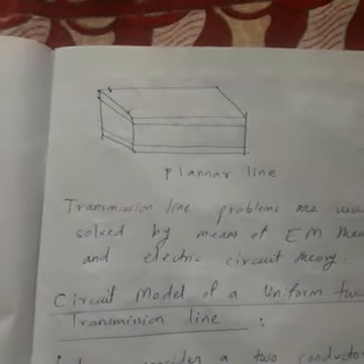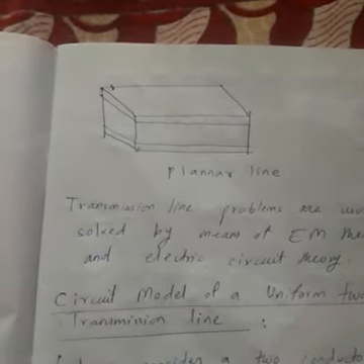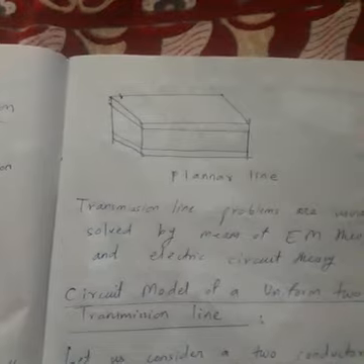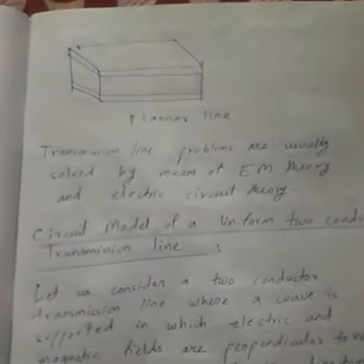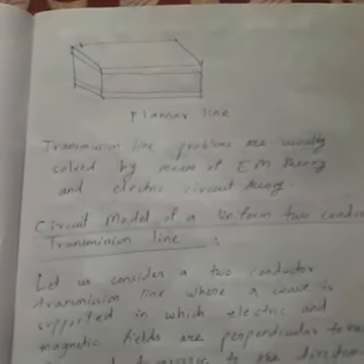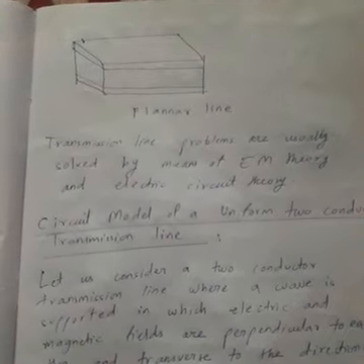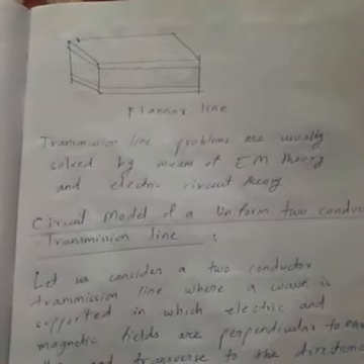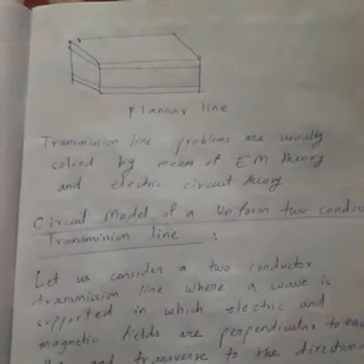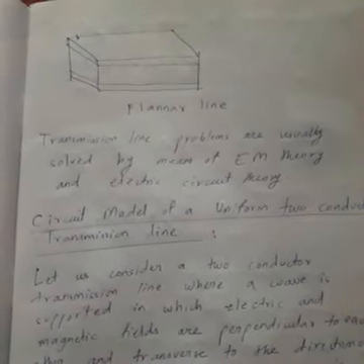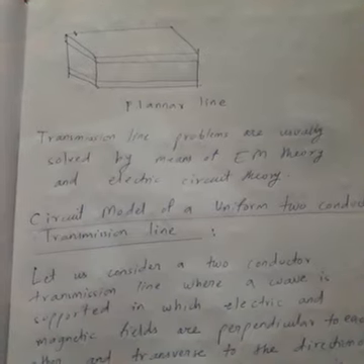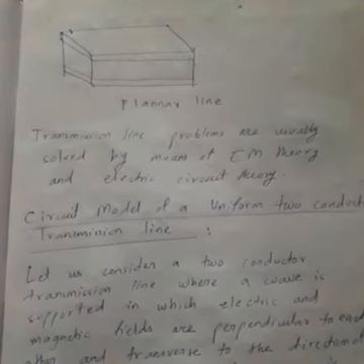So: coaxial cable, two-wire line, parallel plate or planar line. Transmission line problems are what we carry out. The problems mean the various derivations by means of electromagnetic theory. Okay, and some applications of circuit theory will be there while calculating the resistance, inductance, capacitance, etc. So now let us consider a two conductor line. Let us draw a model and find out the various equations.